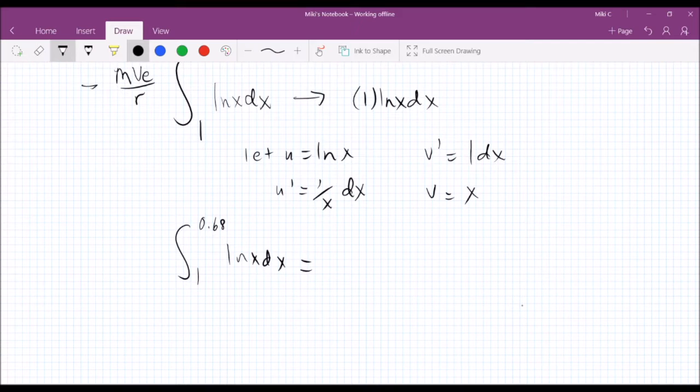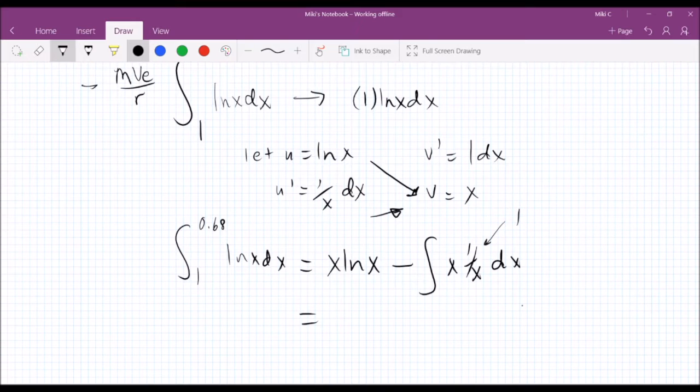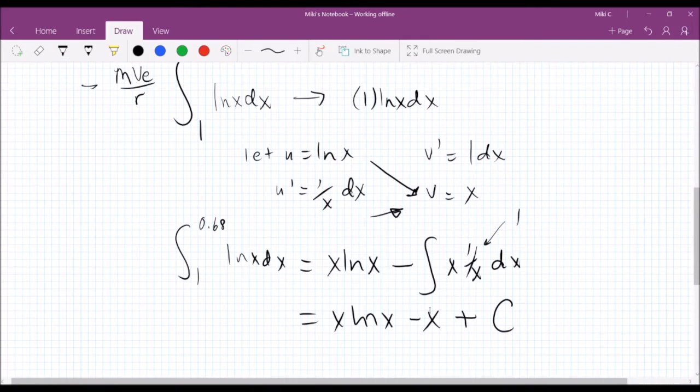here we're going to take u and bring it to v, so that will be x ln x minus integral of, and here we're going to take u prime and bring it to v, so this is going to be x times 1 over x dx, and x times 1 over x is just x over x, so this whole thing is just equal to 1. So this is going to be x ln x minus the antiderivative of 1, which is x, so this is x ln x minus x plus c, and there is your integration by parts of